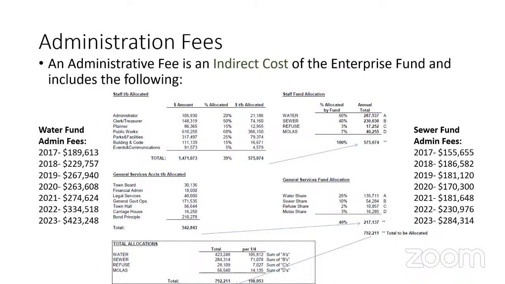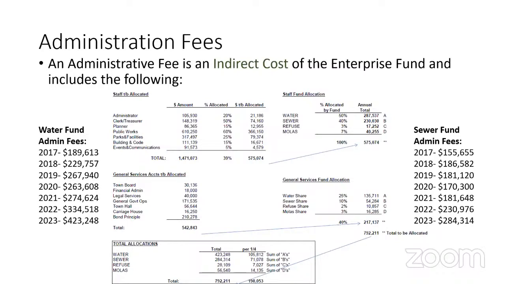So we would like to tighten this down at some point and make it more accurate on what the general fund actually supplies these enterprise funds. And there is an option for that. And we want to address that. I was waiting for the rate study to do that because they really do help with these type of calculations. Because the rate study would help give us more accurate information on which departments support these funds at which levels. Correct. Okay. Or the costs of the funds.